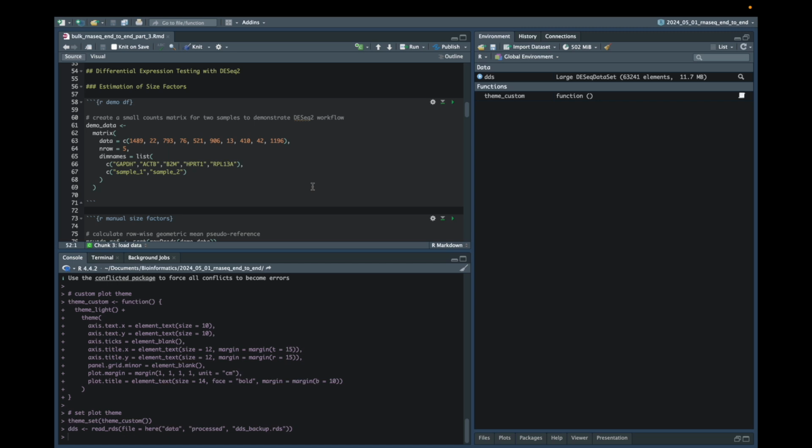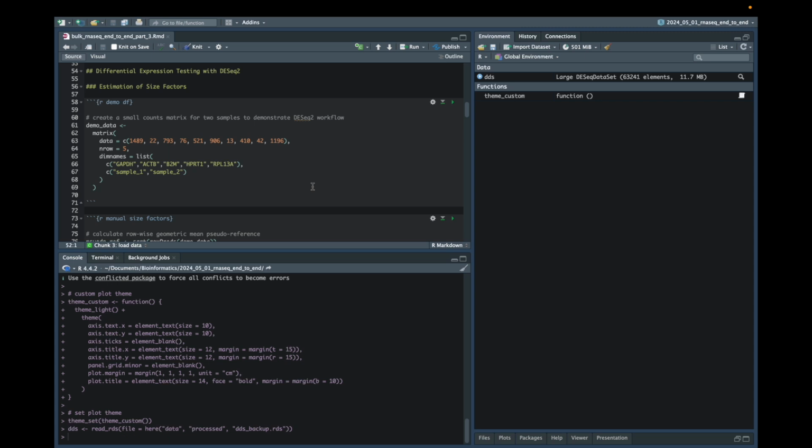Now it's important at this stage to remember that DESeq2 requires untransformed raw counts as input for this analysis. So although we transformed the data for QC in part 2, undertaking the variance stabilizing transformation in that case, the raw counts are essential for this step, and those raw counts are the ones which are stored within our DDS object. So we're going to use the DDS object from the last tutorial, and we're going to walk through the three main steps of the DESeq2 workflow, which are size factor estimation, dispersion estimation, and then model fitting with hypothesis